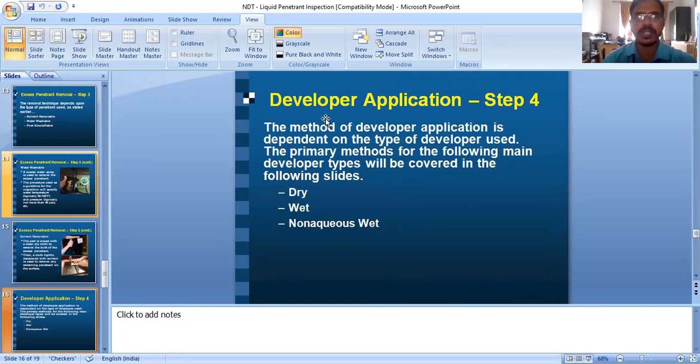Developer may be applied as a dry powder or a wet solution or a non-aqueous solution. On the application of developer, it pulls out the trapped penetrant from the discontinuities and makes it spread over the surface of the specimen so that we can identify where exactly the defect is.